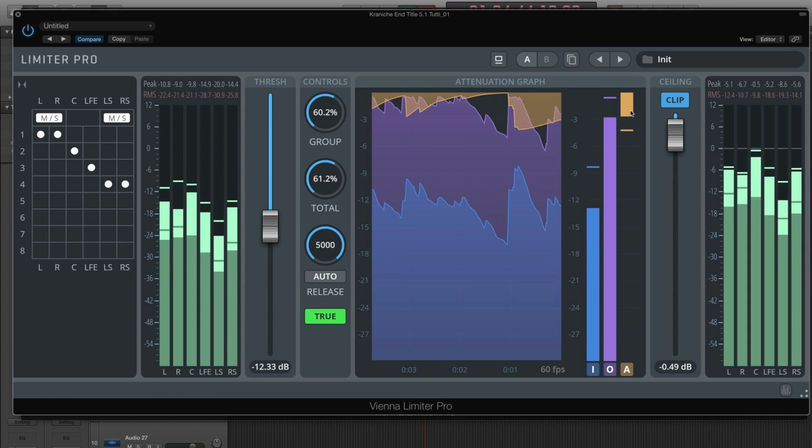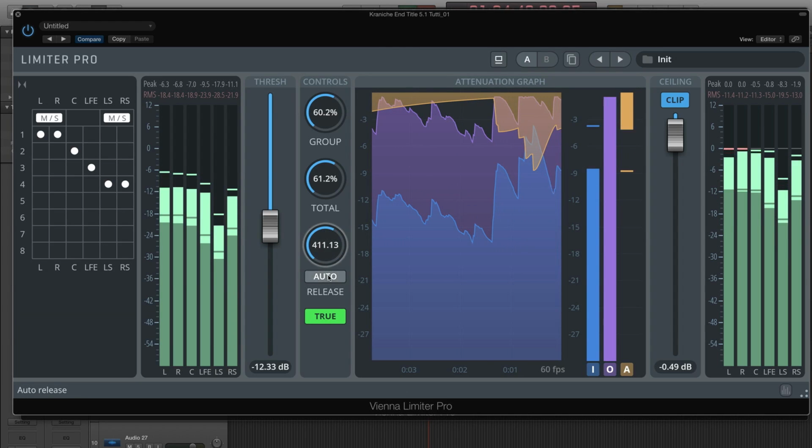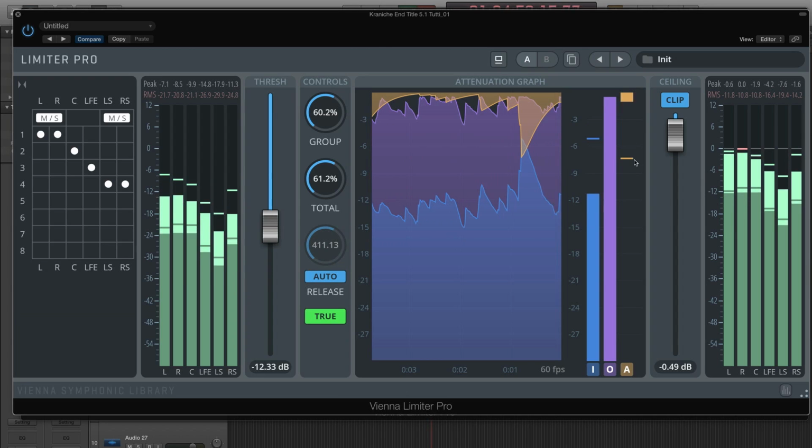Or you can use the auto release feature, which will let the Limiter Pro control the release time depending on the input signal, for the most transparent limiting technically possible.